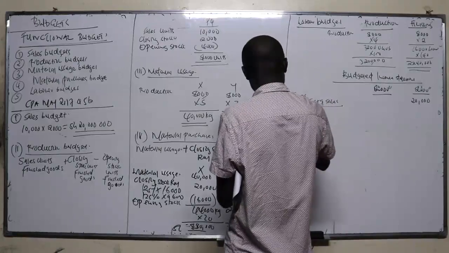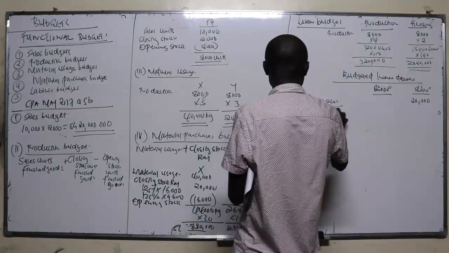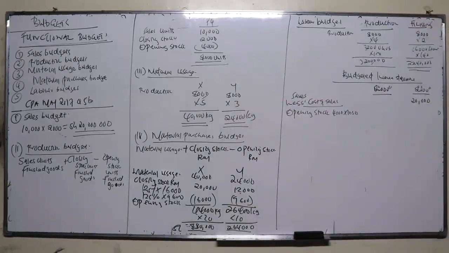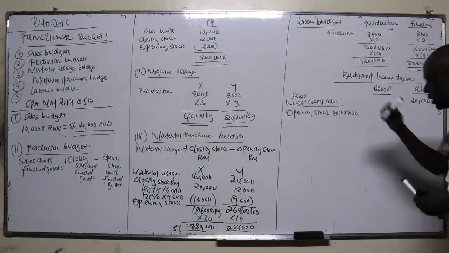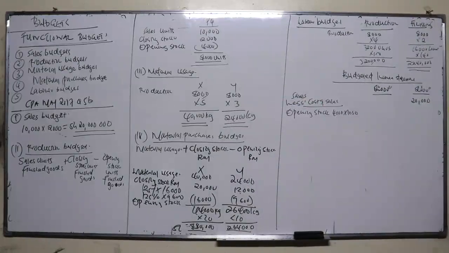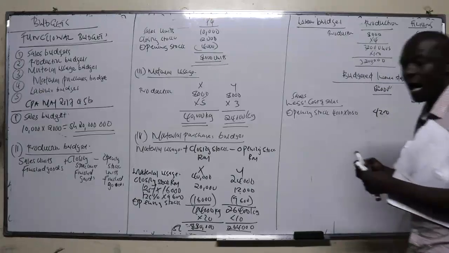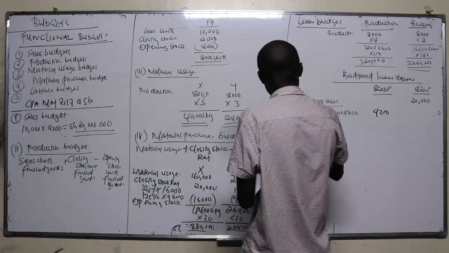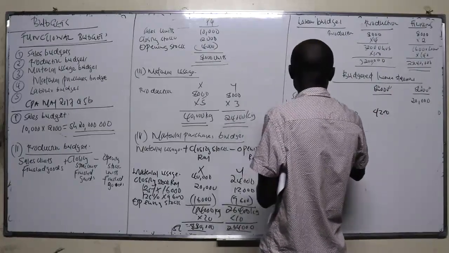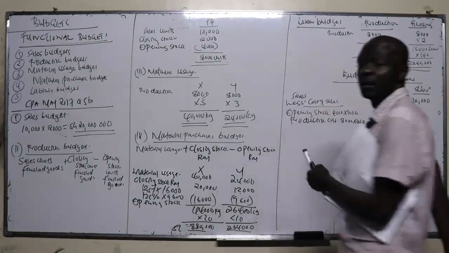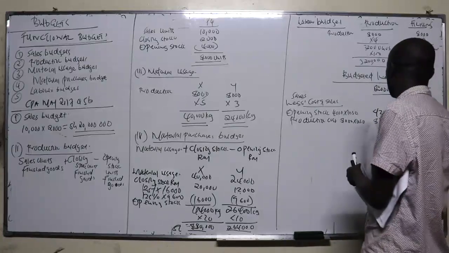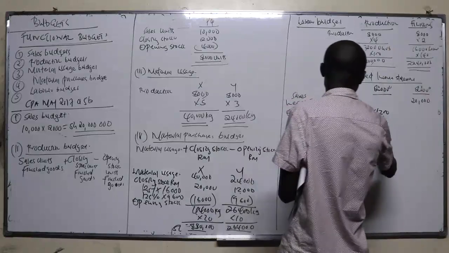Cost of sales, we have opening stock. Opening stock units of finished goods was 4,000, isn't it? Valued at 10.50 per unit. That is according to note number 2. So this is the quantity, and this is the value per unit. So how much is that one? And then you add, this is a manufacturing entity, you add production cost, isn't it? So they are producing how many units? And then you just value it at 10.50.